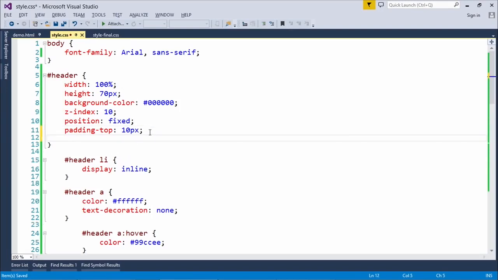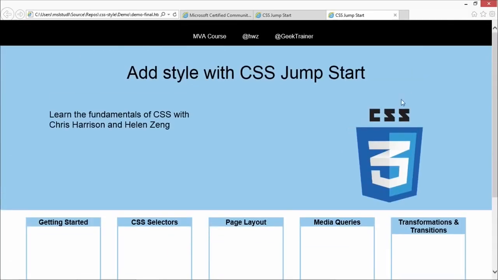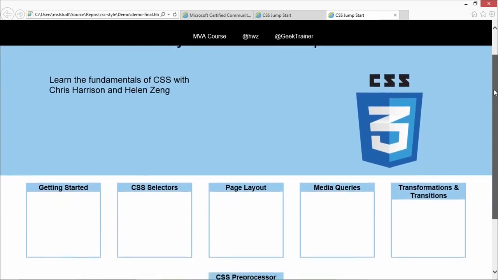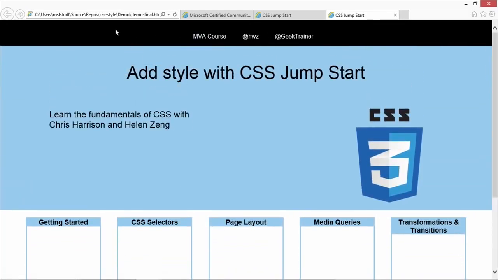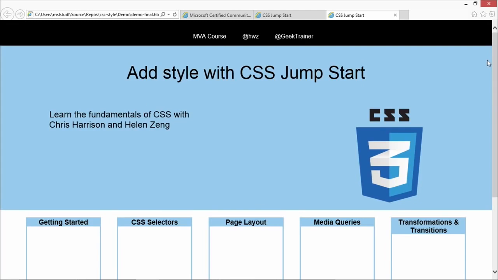Because there's a question in the Q&A about the Z index. Okay. So I'll explain why we need it first, and I think that would make a lot more sense. On this page, as we're scrolling down, everything else goes behind this. By default, things are at Z index 1. By setting the Z index to a higher number, you're basically saying this element is in front of all the other elements. If we set it to something like -1, then all the other elements would go in front of it, which doesn't make sense as a fixed header,